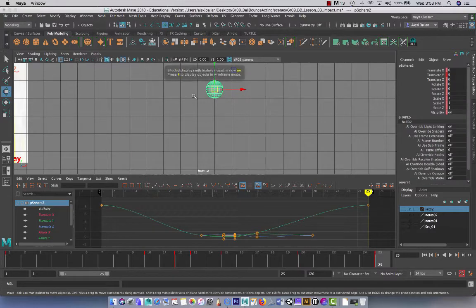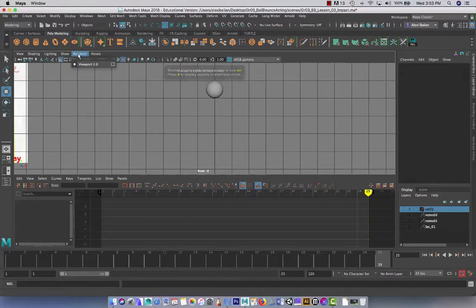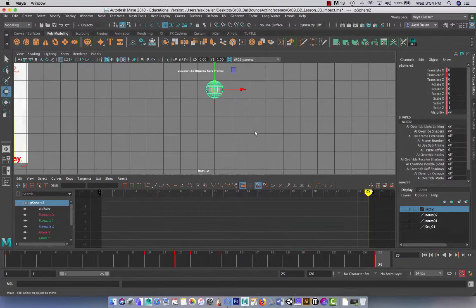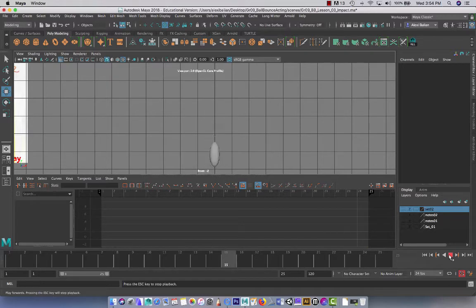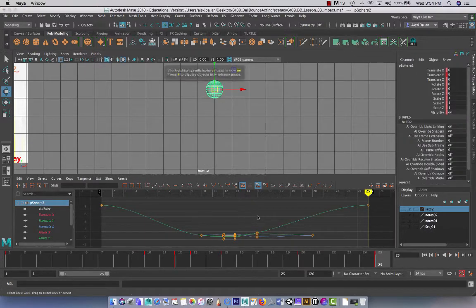Oh boy, why is this not showing it? Okay, what's going on here? Render, lighting, use default. I don't know why things aren't working. Très bizarre. So let's go. Boom, boom. Look how nice that is. Coming in, going back up. Not bad. Okay, so if I select the ball right now,